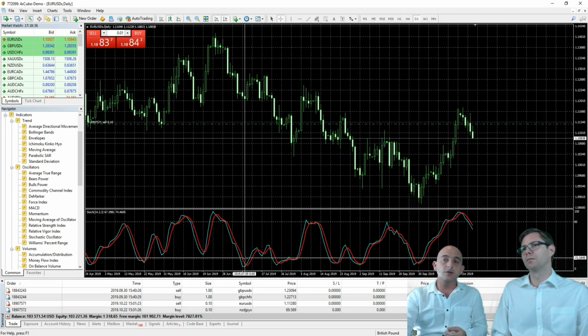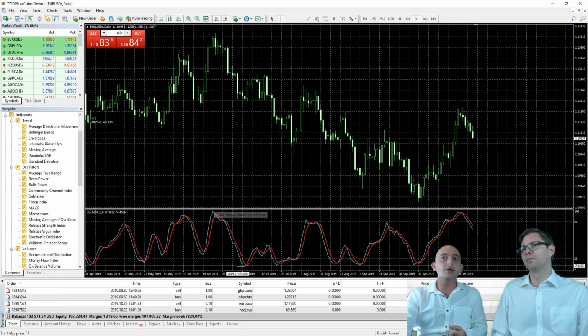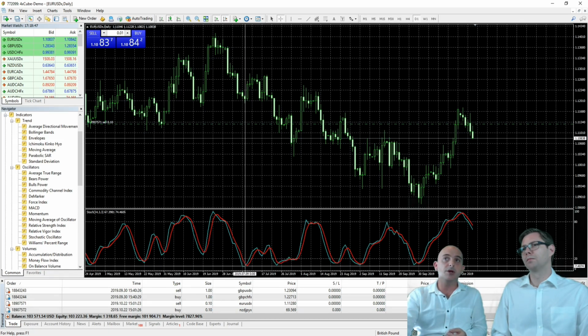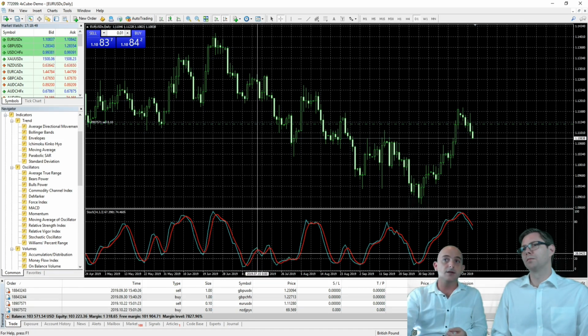Now, don't get confused. It is showing overbought territory, and it is showing oversold territory, but this is more about the crossovers. This is what gives you the signal to buy or sell. These crossovers. Don't focus too